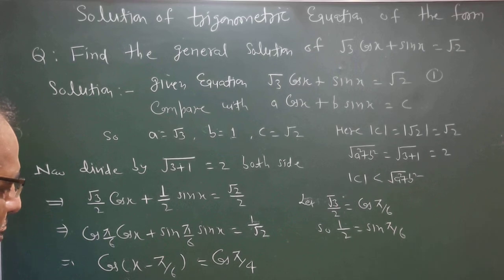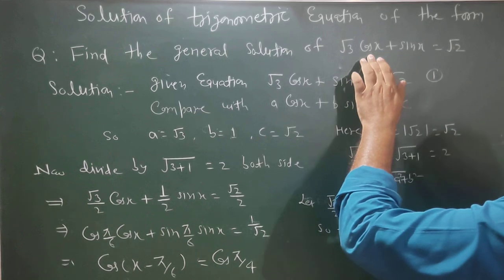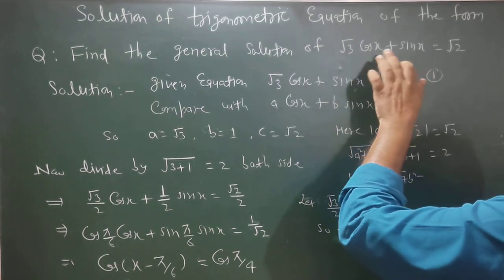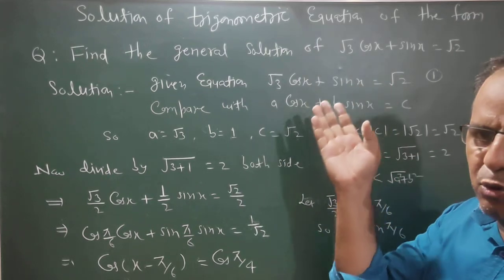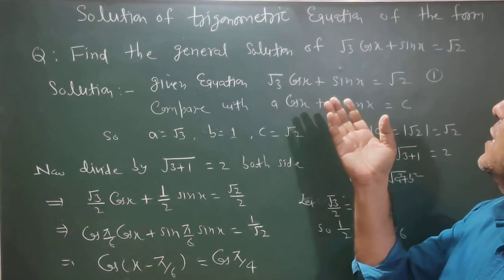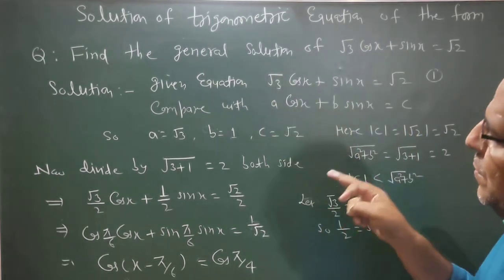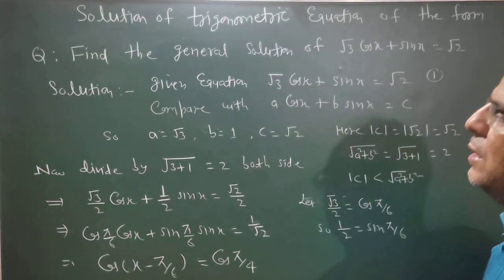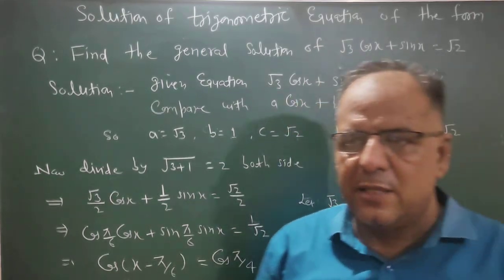You take positive and negative sign and then you can find both the general solutions of this type of trigonometric equation. If the equation is coming in the form of sec, tan, cosec or cot, first we convert sec, tan into sin upon cos format, or cosec and cot also. So we convert to cos and sin form, because this algorithm can only be used for an equation in the form of a cos theta plus b sin theta equal to c.